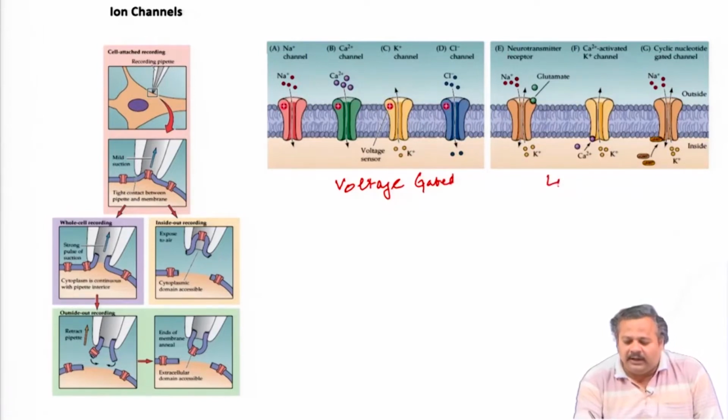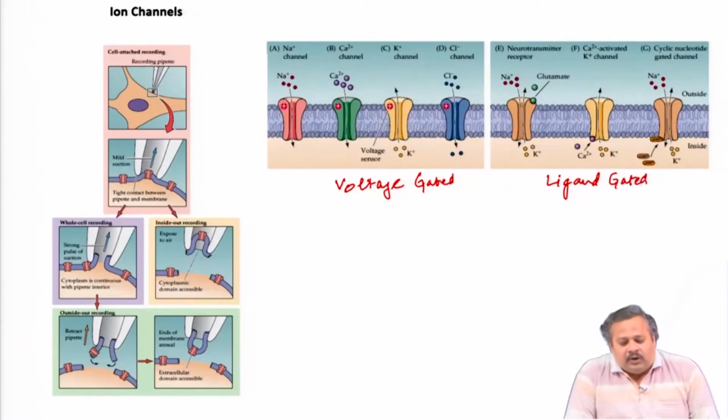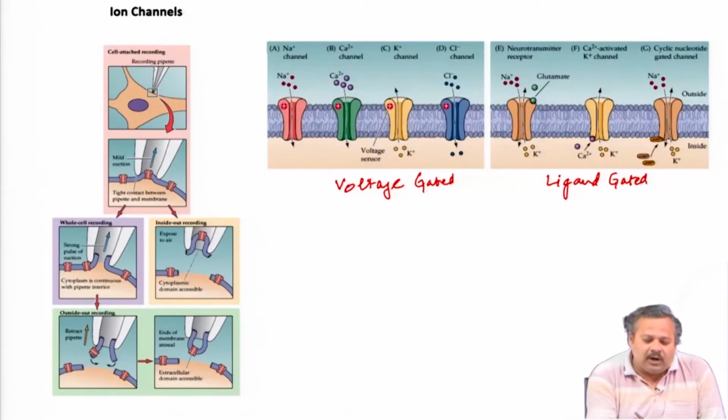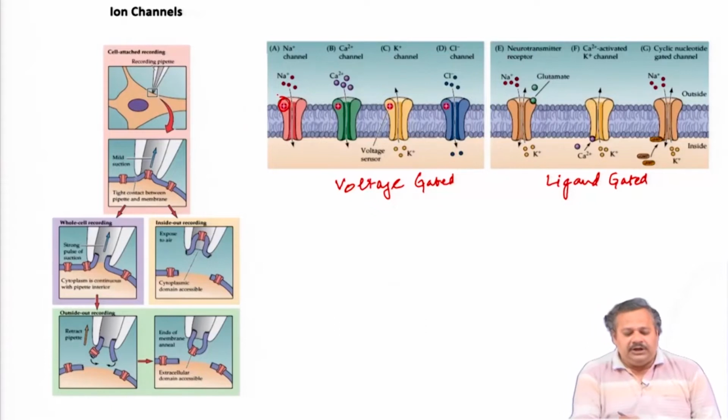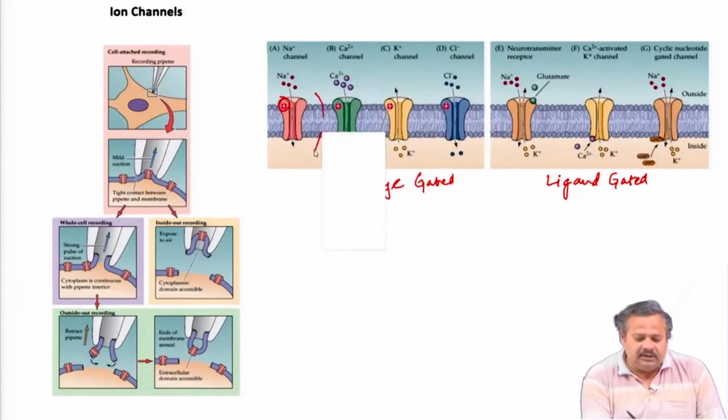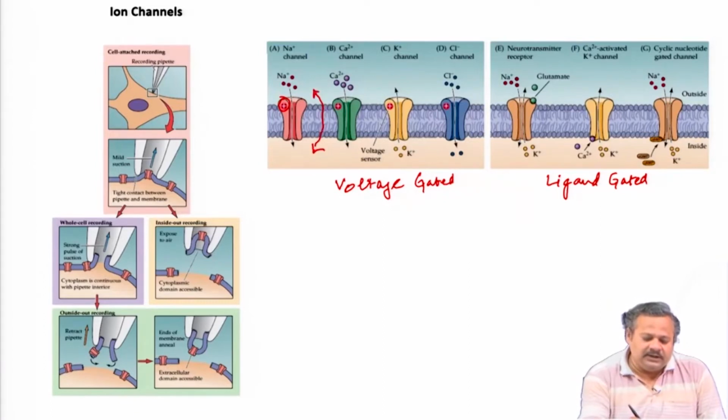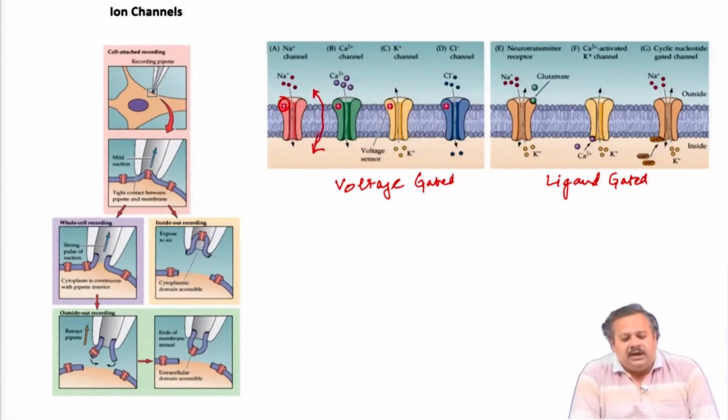What we mean by that is that these ion channels are proteins that have a particular sensor in them, marked in this cartoon by this plus sign, in such a way that when the membrane potential changes, that is this V in minus V out, as we have discussed many times,